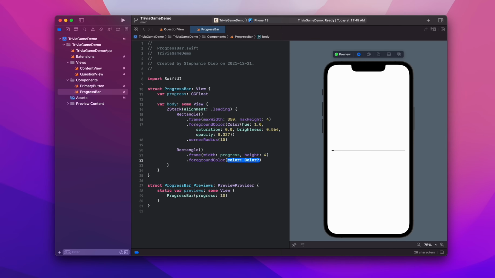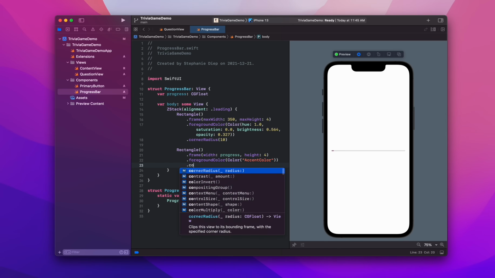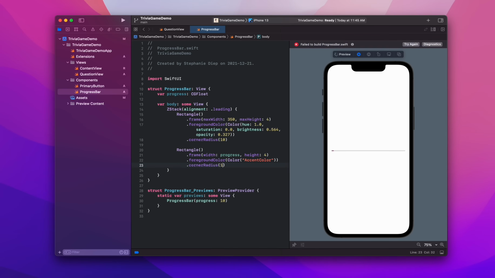We'll change the foreground color to the accent color of our application, and we'll also set some corner radius of 10 pixels as well. So right now you can see a bit of lilac color at the beginning that is the width of 10 pixels. We can change the progress to, let's say, 50, and you can see that the top rectangle has increased in